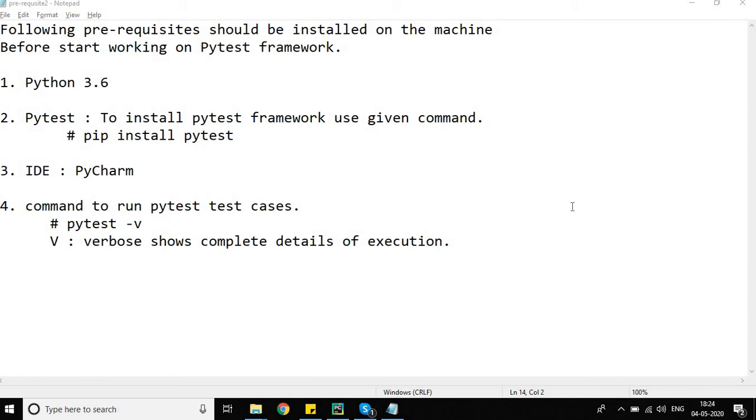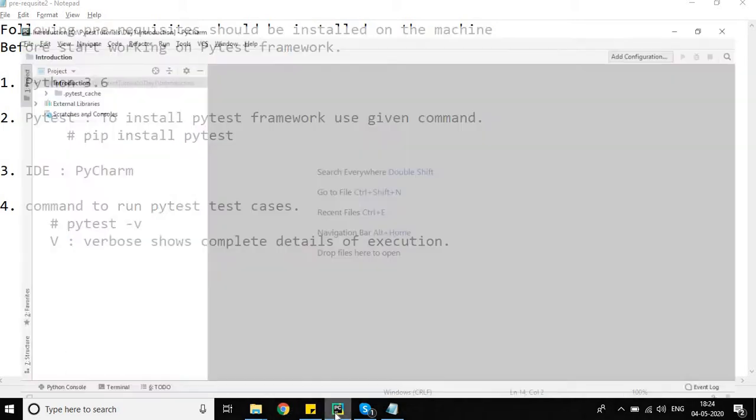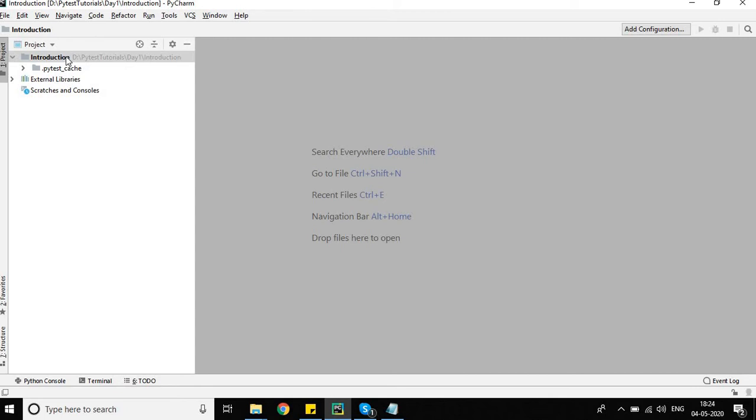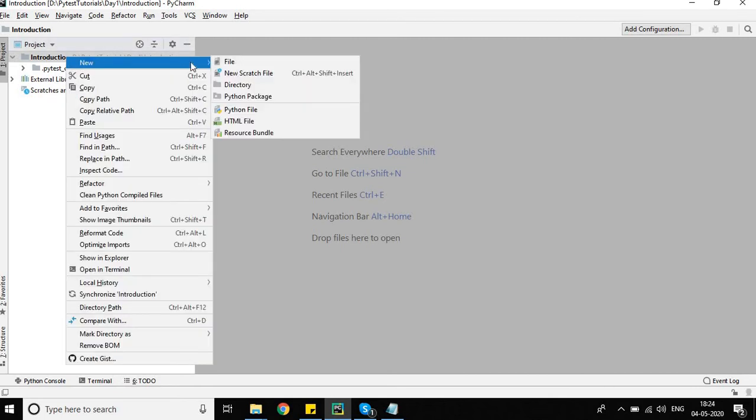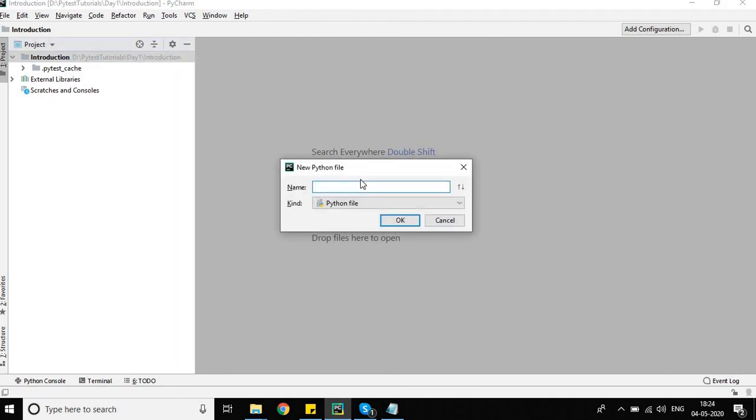framework is PyCharm, and we will run all the test cases using the pytest -v command, which will detect all the Pytest test cases on the basis of rules defined in the Pytest framework itself. Let's open PyCharm. We'll create a file, first file with the name test_first_script